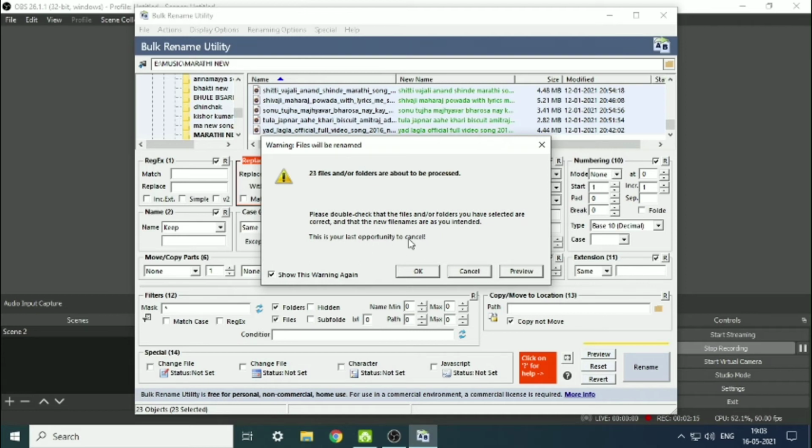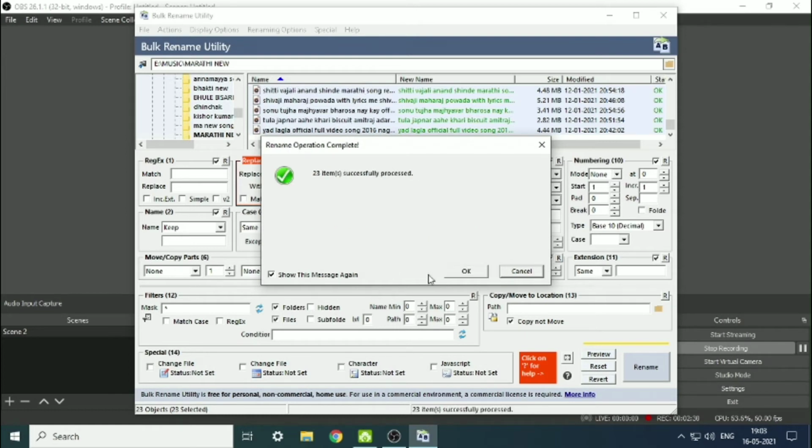They are giving a warning that this is the last opportunity to cancel. Keep in mind that once you opt for changing this, you cannot set it back again. So just press OK if you want.